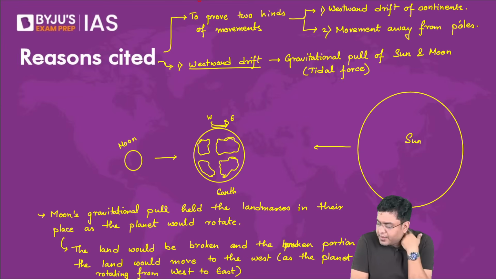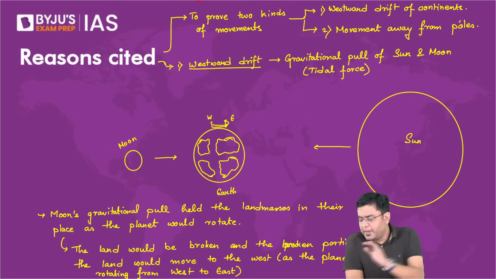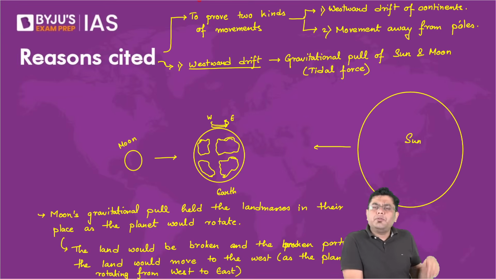Yes, Vishnu, correct. Glacial evidence is not clear. Glacial evidence, basically, Wegener found evidence of the presence of glaciers in those areas where today you don't find any glaciers. For example, southern part of India. Do you have glaciers in southern part of India? Absolutely not. But the evidences of glaciers are present in southern India. And so is the case with southern Australia, southern Africa, and southern South America. So how is that possible? That can be possible only if all these land masses would have been together, present around the region of the South Pole. Okay.